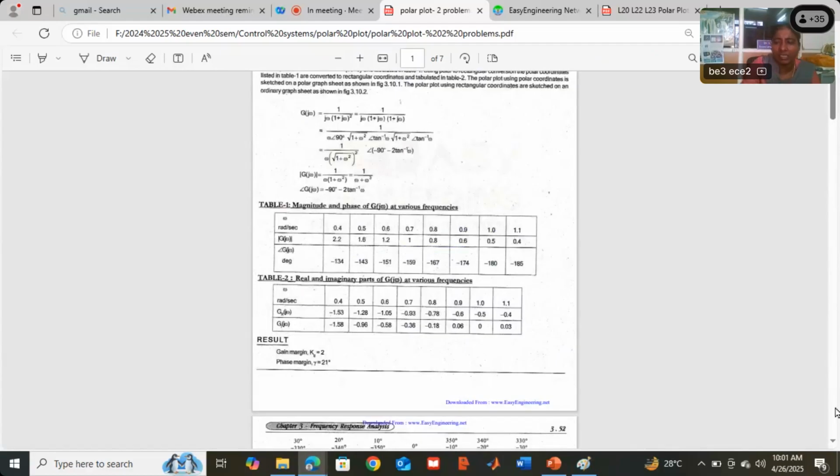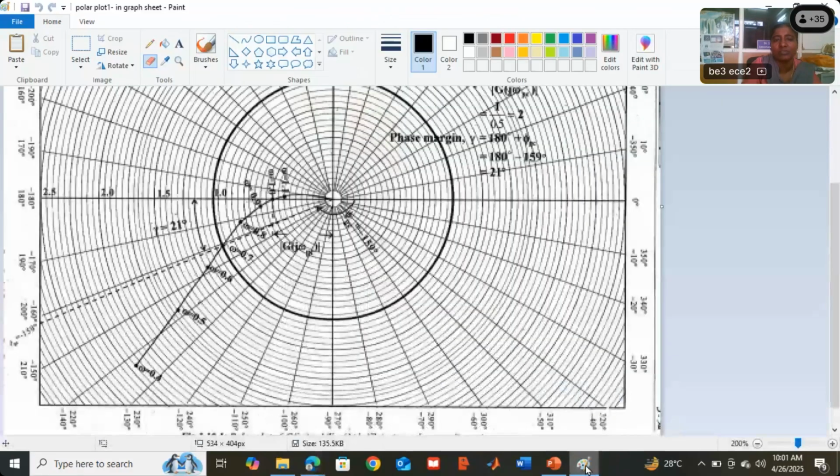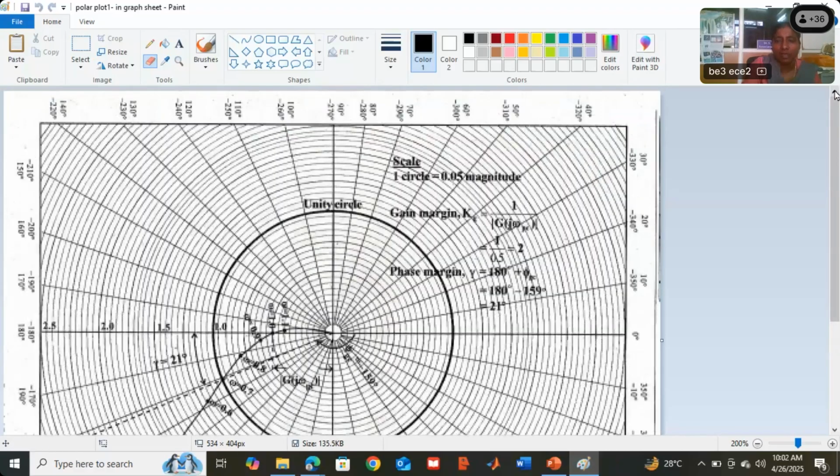Okay. Now the gain margin we have to calculate at the phase crossover frequency, where the polar plot is cutting the negative x-axis. Negative x-axis means minus 180 degrees. Where the polar plot cuts minus 180 degrees, that omega value is called the phase crossover frequency. And now what is the magnitude, the circle value at this point? That is GA. 1 by mod GA will become the absolute gain margin. If you apply 20 log, it will become the dB value of gain margin.